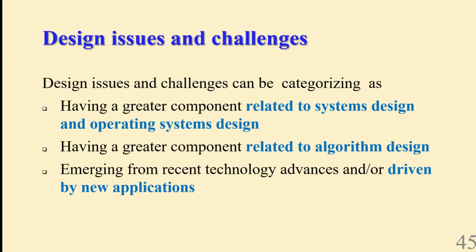Then algorithm design related. These involve designing efficient algorithms that allow distributed computers to coordinate with one another, like load balancing, distributed graph algorithms, global state, replication, consistency, and all those things. The third one is emerging technology related, the applications. These arise because of modern technologies like mobile computing, grid computing, sensor networks, peer-to-peer networks, and these are newer application